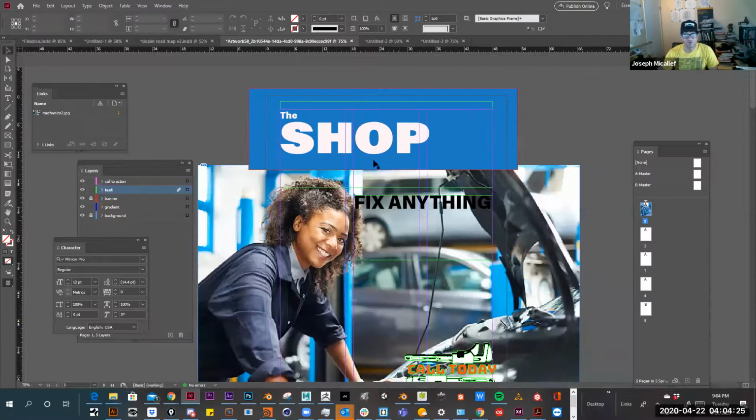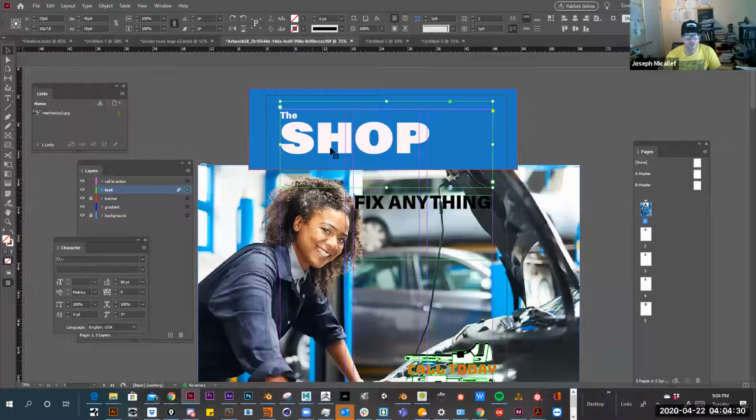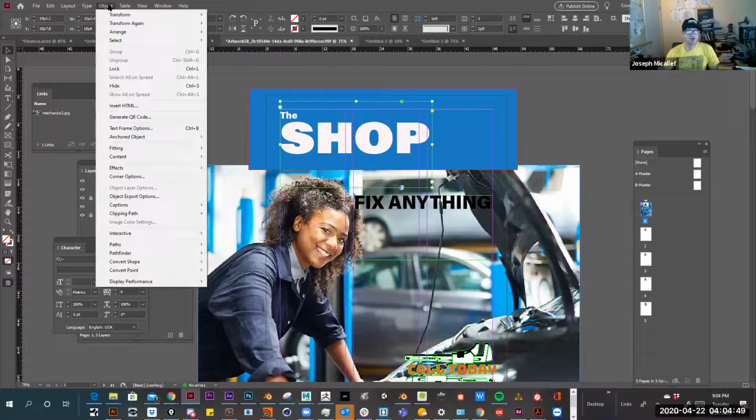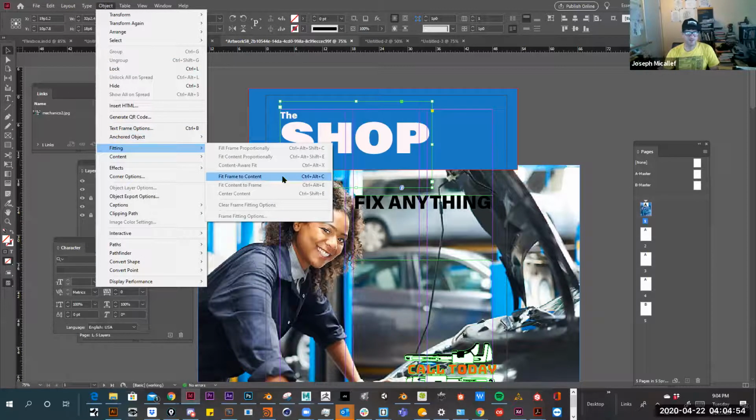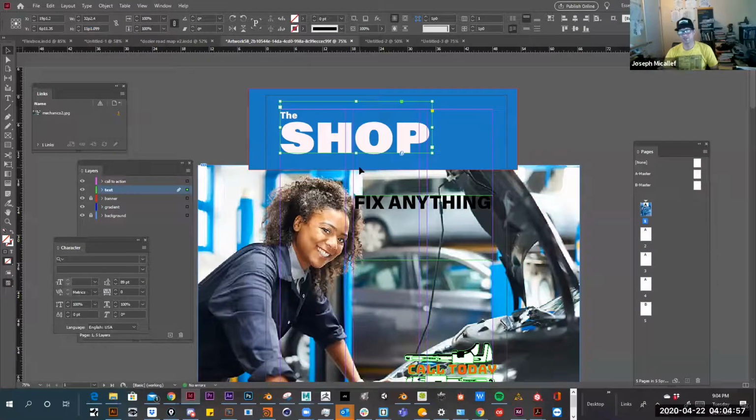So now I have the text on top here for my header. Now there's this feature where you have this frame, and I actually want my text to be centered. So I can move the box like this, so it just fits within the width of the text. And then you can also go to Object, go into Fitting, and say Fit Frame to Content, and it basically brings the bottom part of the box up, and now you have this frame